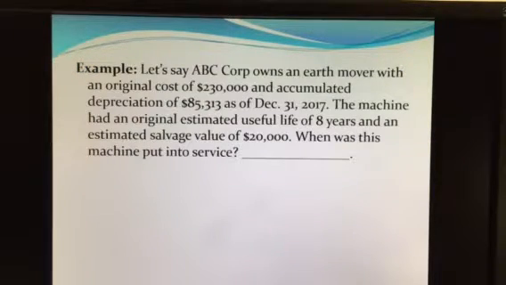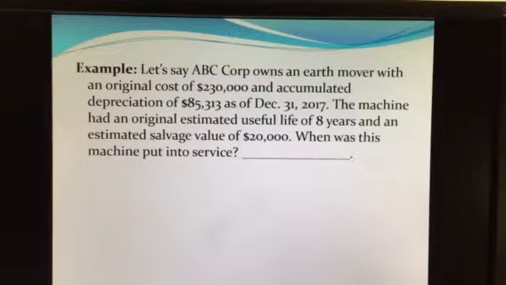Let's look at an example. ABC Corp owns an earth mover with an original cost of $230,000 and accumulated depreciation of $85,313 as of December 31st, 2017. The machine had an original estimated useful life of 8 years and an estimated salvage value at that time of $20,000. First question, this is just something I want you to be curious about or be able to address, that is